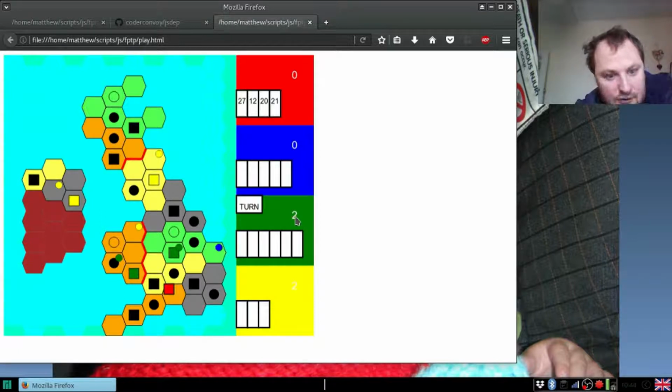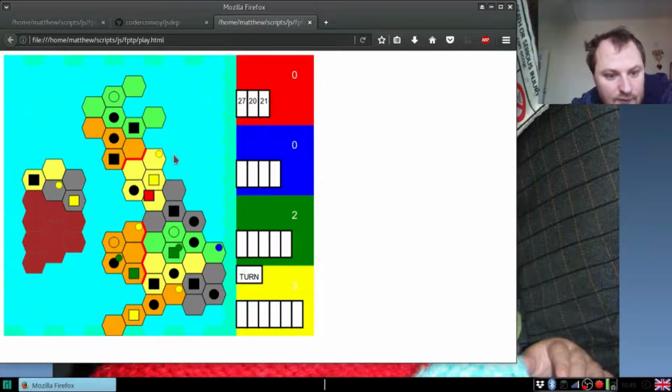So we've got two cities have gone to green and two cities have gone to yellow. So that's good. It helps to keep track of all the things that are going on. And it's currently green's turn by the look of things. So green has chosen this hex for us to play for. I don't have any budget, so